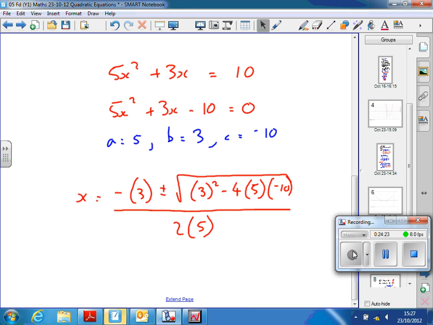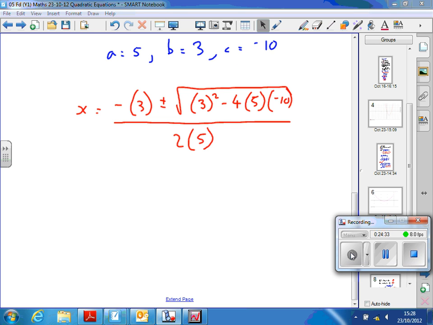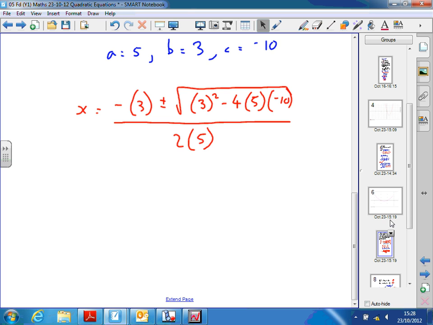So at this point, I wouldn't try doing any calculating. I'd just get the numbers in and then I'd worry about the calculation afterwards. It leads to less errors this way. Okay, now before I put this into the calculator, because I recommend you use the calculator to try and do this in one hit, before we do that though, again to lead to less errors,